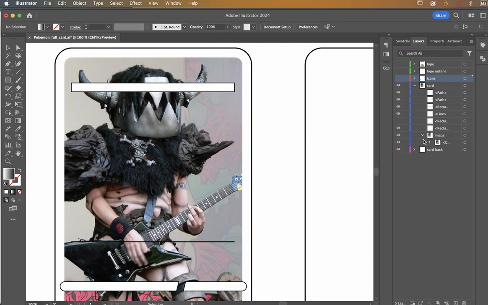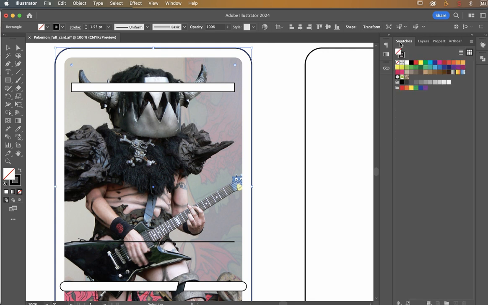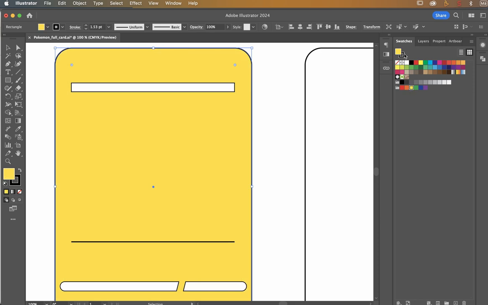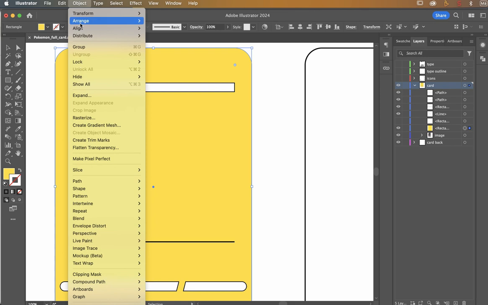If I flick that open, I'm going to see a number of layers. I'm going to see one down here, a little group, that if I flick that on and off, that's going to be my image. And then the other things here, you know, the little pathway and bits and pieces. On this, I can click on it, go to my swatches, fill it with a color, and decide if I still want the black square and stuff. I can either go object, arrange, send to the back while it's highlighted, but